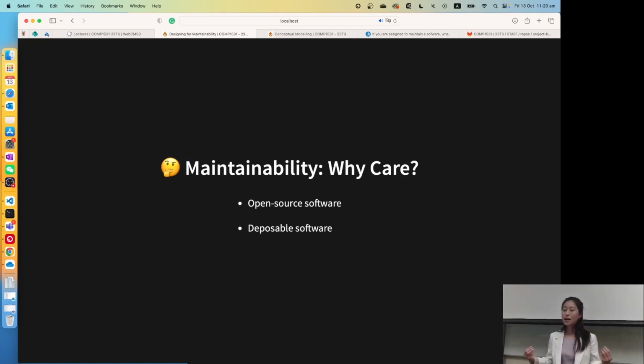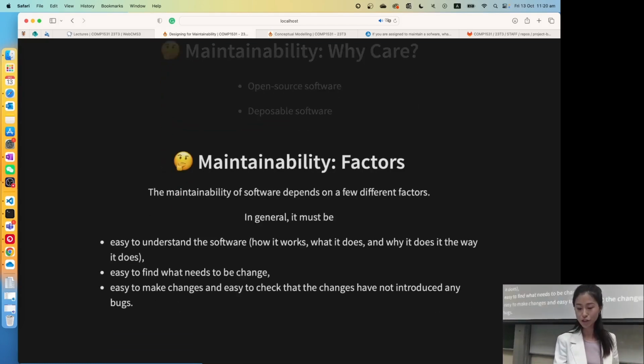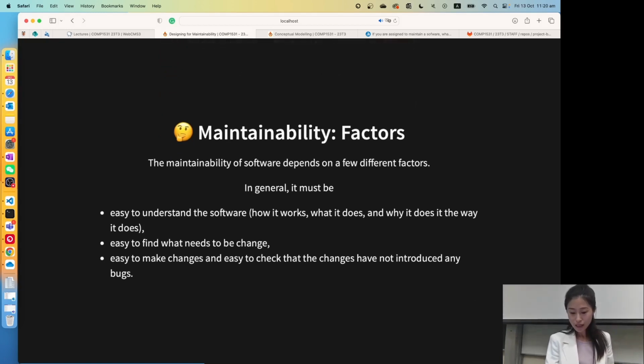Okay. So it's a very good habit, when we are writing code or developing software, to make it reusable and maintainable in the future. So there are some key factors of maintainable software, and I think most of these you have already covered in